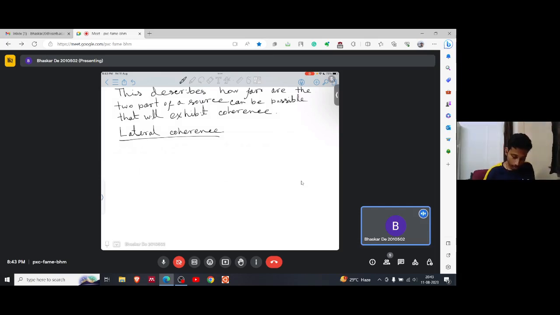So this is denoted as LT. So by statement we can say, more specifically we will ask by what distance LT can two points be separated in the transverse direction at the region of observation and still have interference effects from the source region over a specific lateral direction of